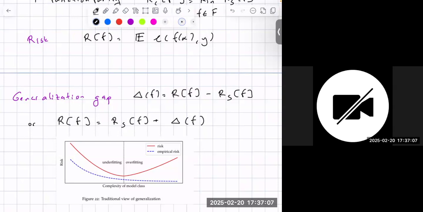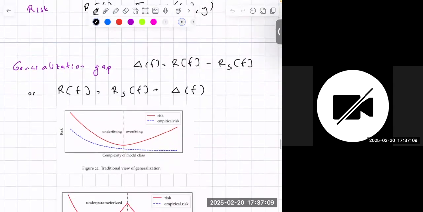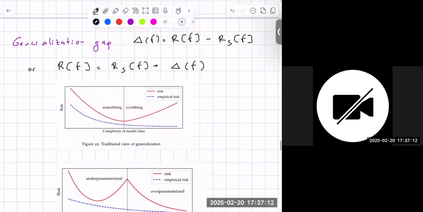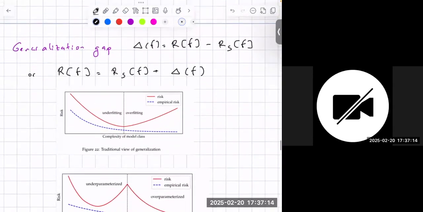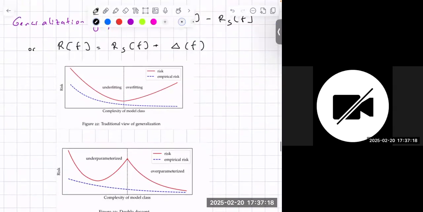And now Adam was asking about overfitting, underfitting. So far, so good. Any questions? I couldn't hear. Could you say again? Okay, fantastic. So the